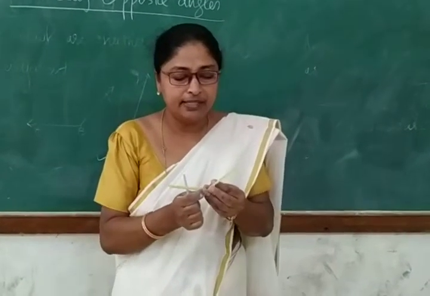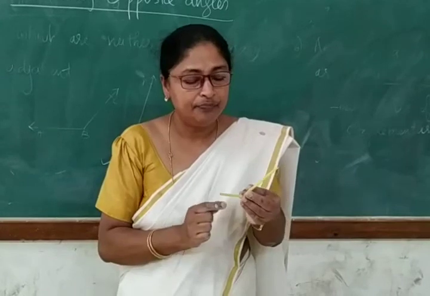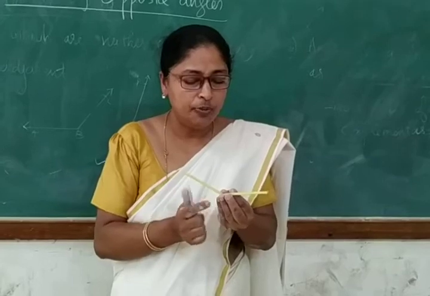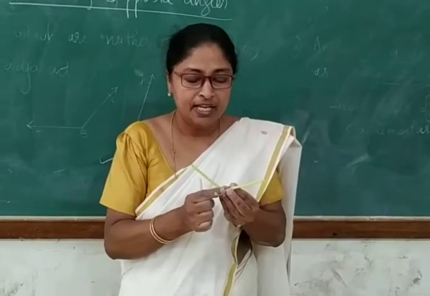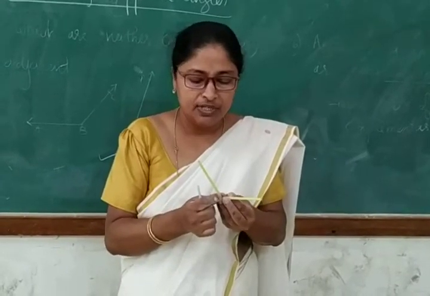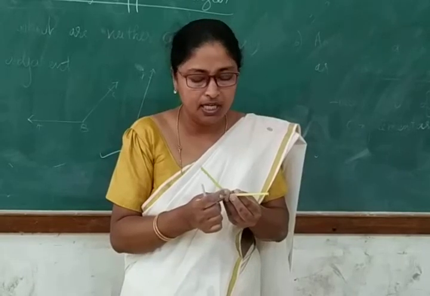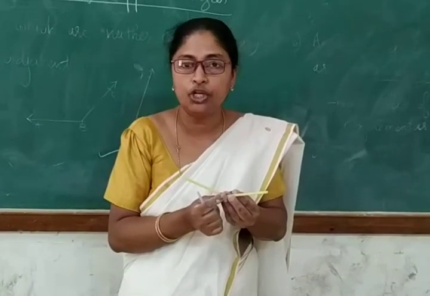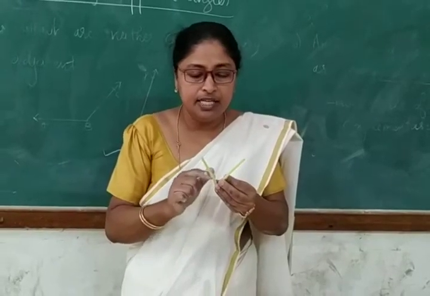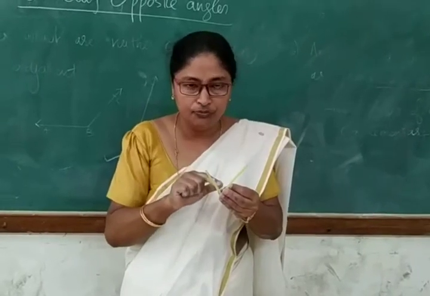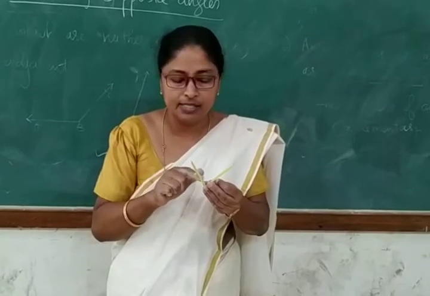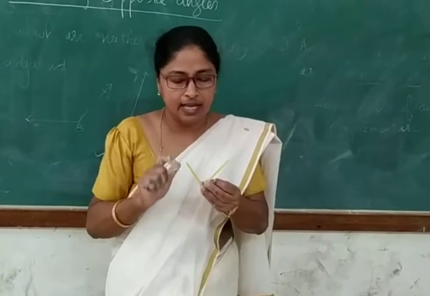Okay, now I will show you how to make the adjacent angles with the given knowledge what you have done. Okay, this is a straw, this is an angle. So you can remember acute angle, right angle, obtuse angle. Remembering, if the measure of angle is less than 90 degree, that is called acute angle. If the measure is 90 degree, it is called right angle. And if it is more than 90 degree, it is called obtuse angle. Now, this is a single angle. These are called the arms of the angle or two sides of the angle, or we say rays. So this is one ray, this is another ray.